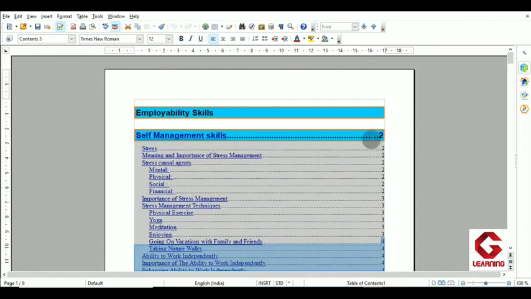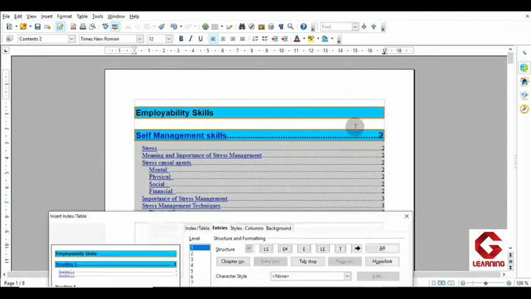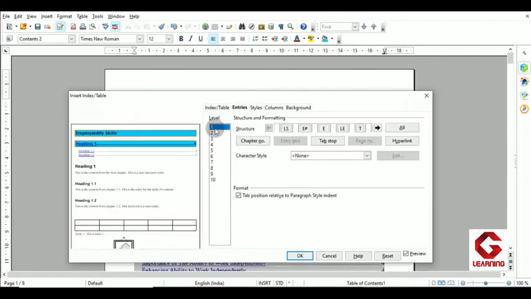So now I want to remove the page number. For example, in self-management skill I am getting 2 here, but I don't want to mention the page number of chapter names. So how can that be done? For that I am again going to use the entries tab. In the entries tab, outline label 1 is selected, and what I have to do is, as this hash here is one tab for the page number, I have to delete this tab. As I delete this tab, I will not get the page number for outline label 1. So this is selected, and thereafter I am using the delete key of the keyboard.